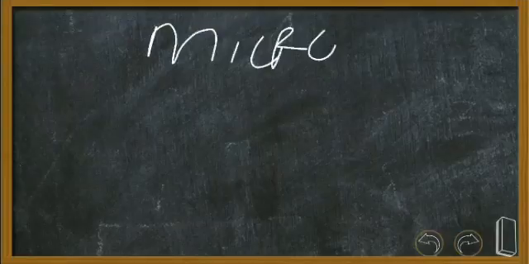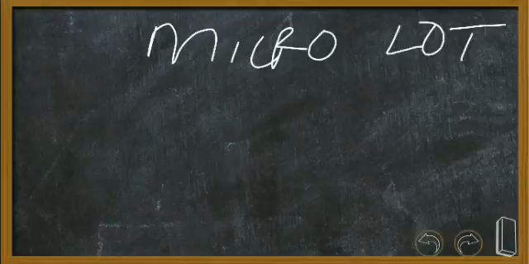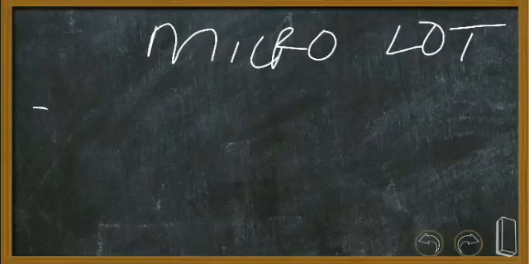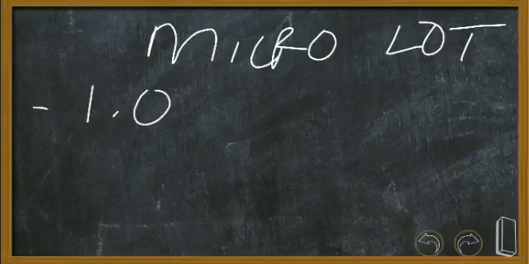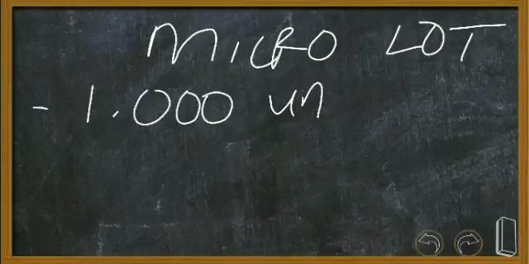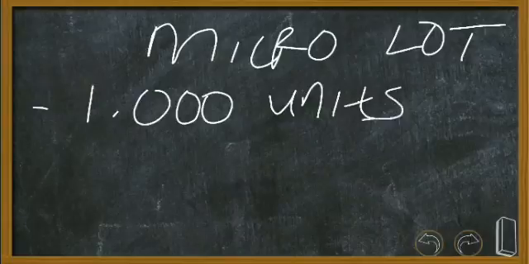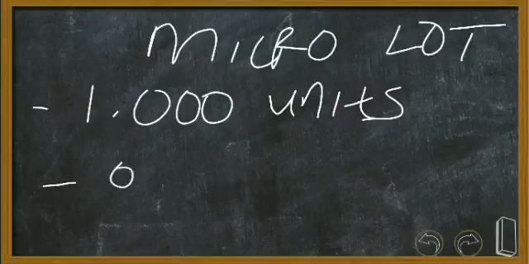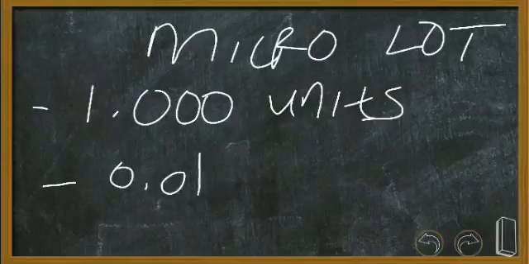The micro lot is equivalent to 1,000 units. This is the smallest one. Remember, we are not going to talk about the 1,000 units of the base currency. So it will be 0.01 in volume, micro lot. It will be 0.01 in volume, and in this case